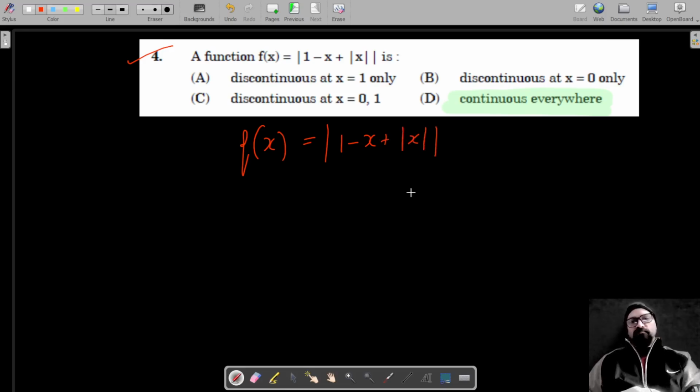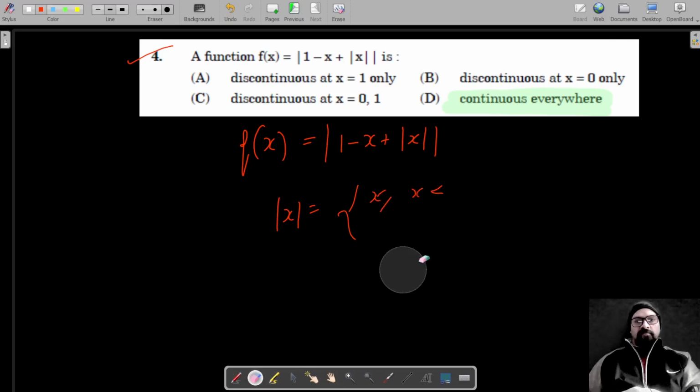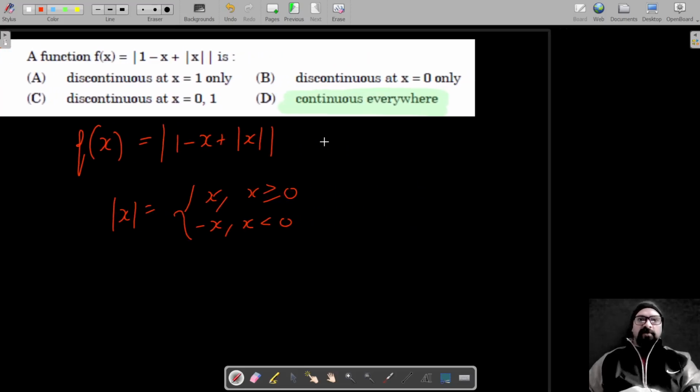Now we know that the modulus function is x when x is greater than or equal to 0, and it's negative x when x is less than 0. So let's try to break this function for these two values of x. So this function becomes 1 minus x plus